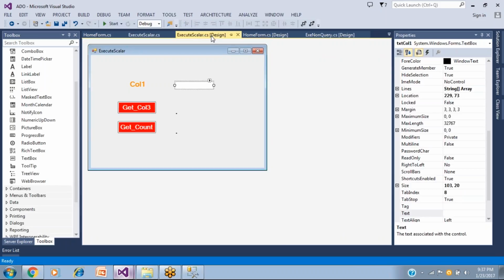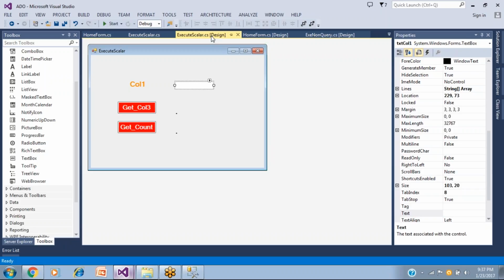When we have completed execute reader, we can say that almost all the basic queries needed to speak with the database have been handled: insertion, updation, deletion, or selecting and getting data from the database.